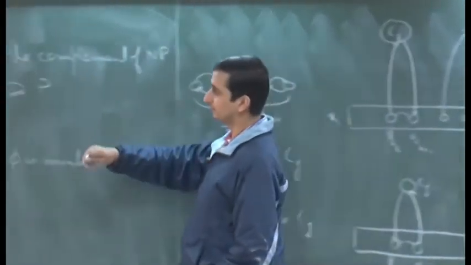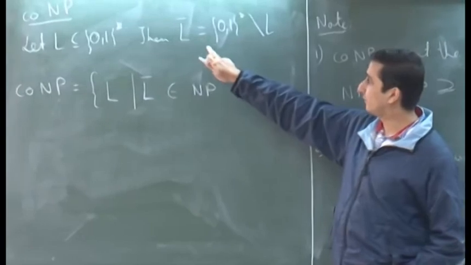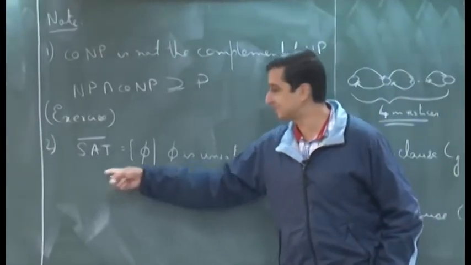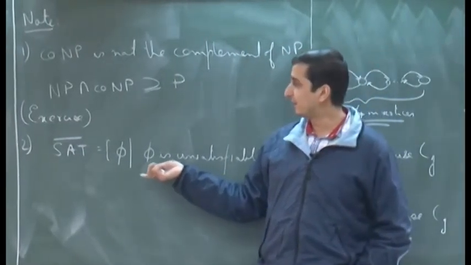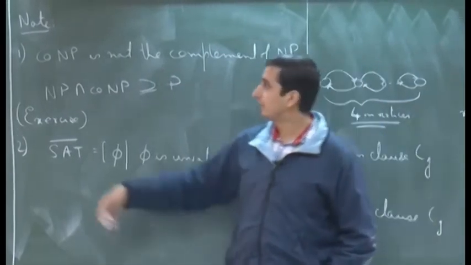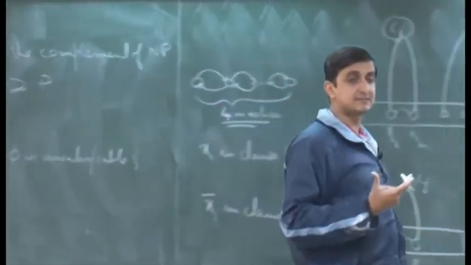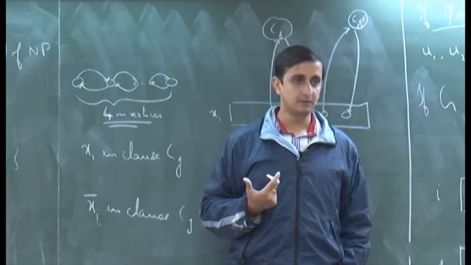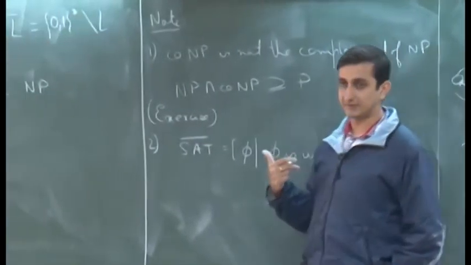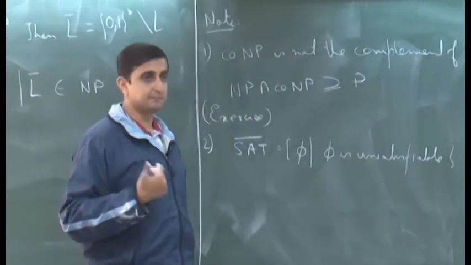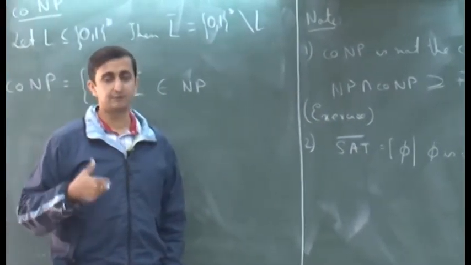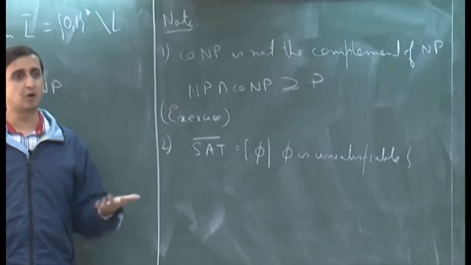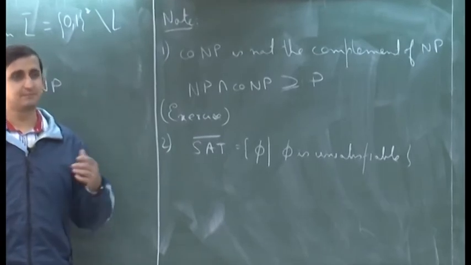Let us look at the definition, the way I defined the complement of a language here. That is the point. When I wrote down this definition, I was a little bit lazy and I kind of abused the notation that I defined earlier. What if you have a string which does not encode a formula? What about those strings? By definition, SAT is encodings of all those strings which are satisfying formulas. Therefore, SAT bar should not only comprise all these kinds of formulas, but also those strings which are not, let us say, formulas in CNF form, or some arbitrary string.